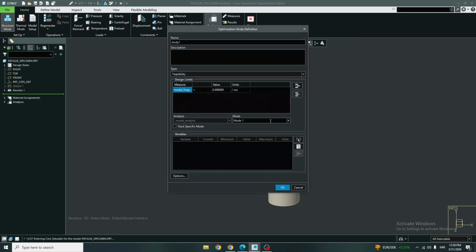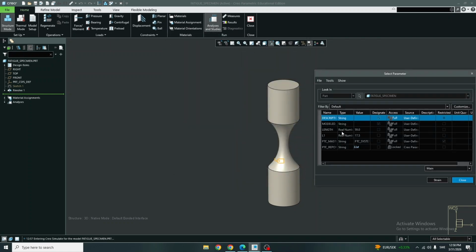Modal frequency, and I want some frequency. Let's say I want 2500. I want a little bit more, say, and I want to change the parameters. I want to change the length